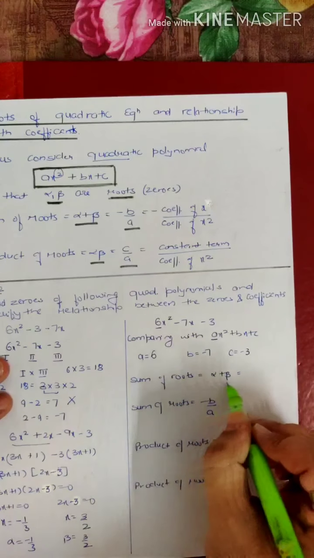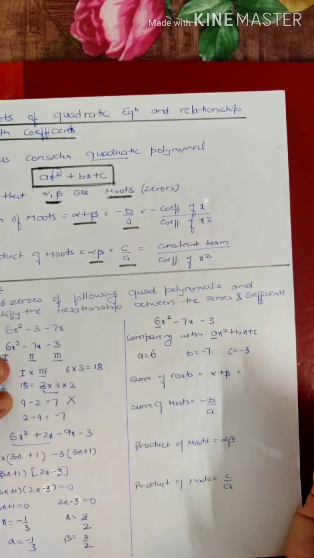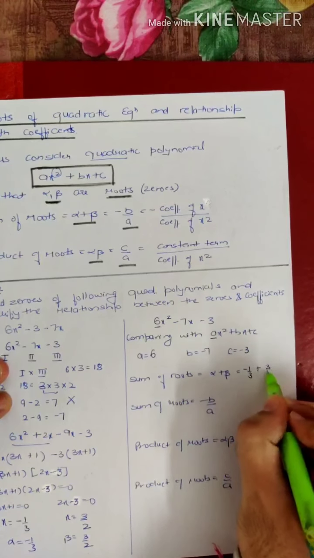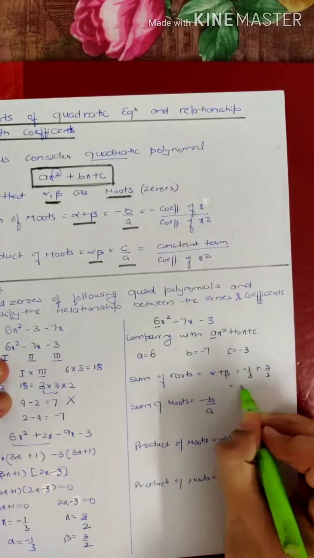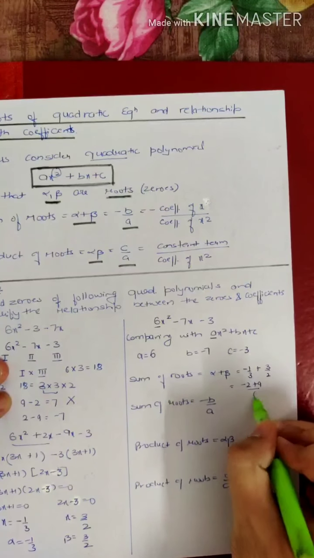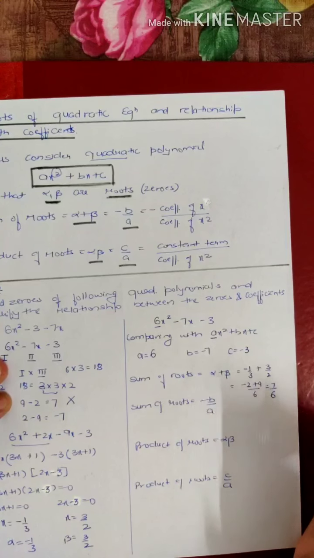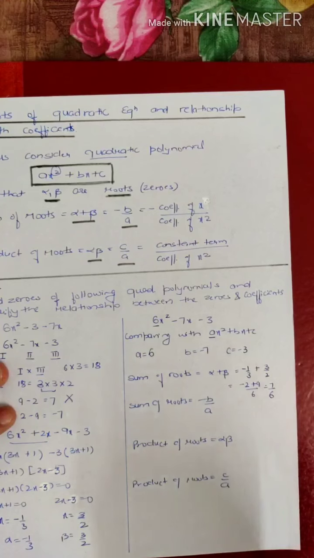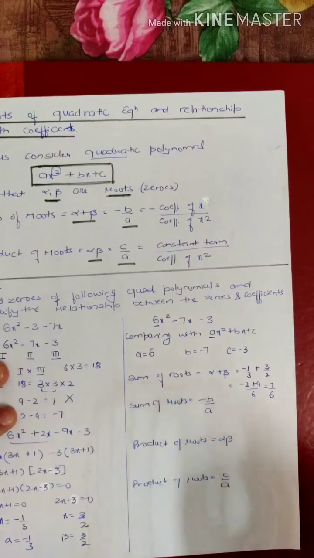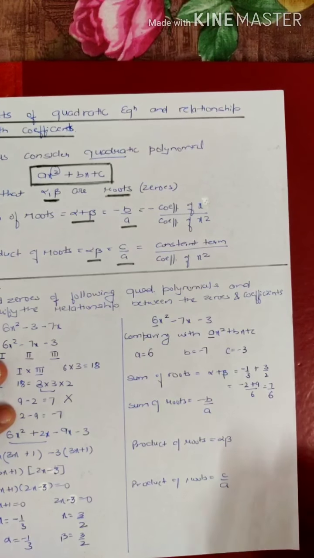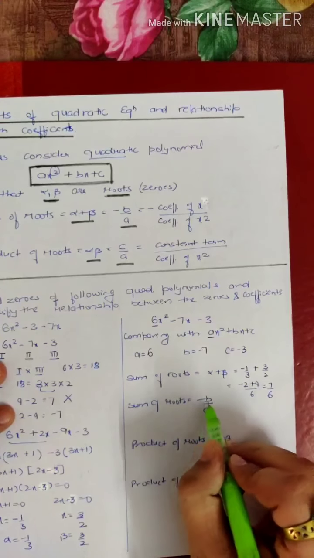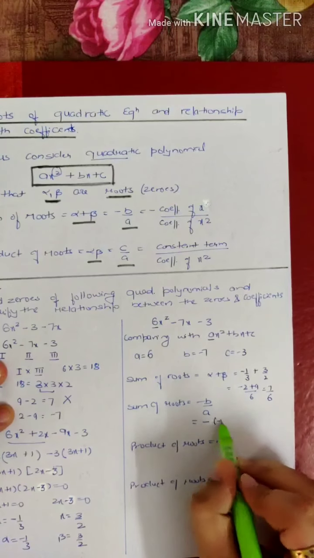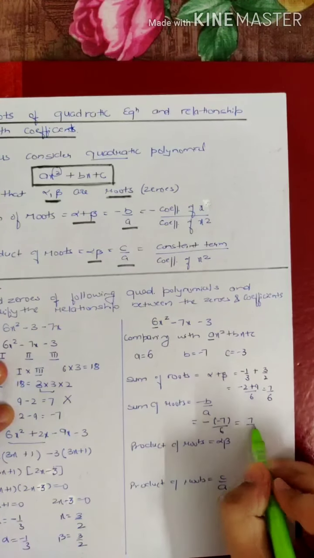Now we'll calculate the sum of roots, that is we have to manually add the two roots. The first root is -1/3 and the second root is 3/2. So taking LCM, this will become -2 plus 9 upon 6, this will be 7/6. So we have calculated the sum of two roots. Now we'll verify whether this sum of roots is correct or not, with the help of the coefficients. The sum of roots with the help of the coefficients is obtained as -b/a. Minus b is basically minus the coefficient of x, it is -7, and a is 6, so it is again 7/6.